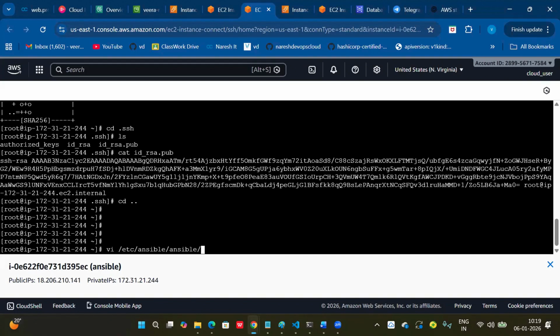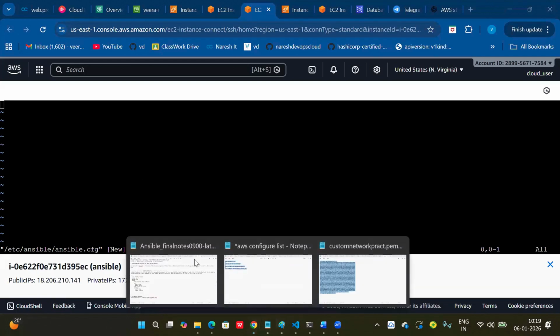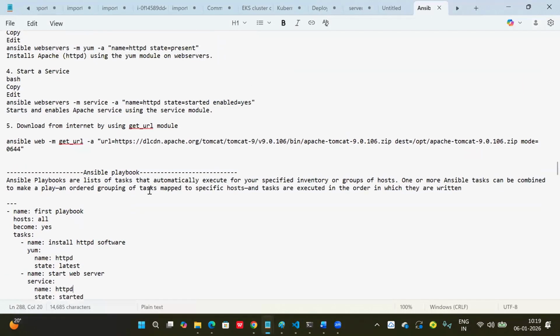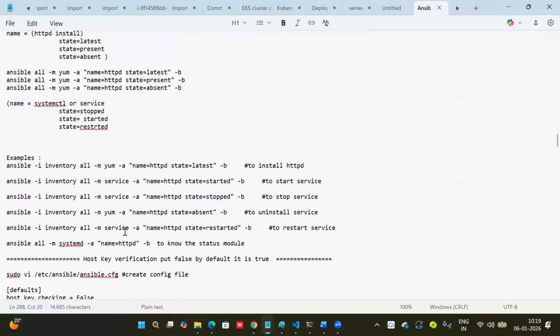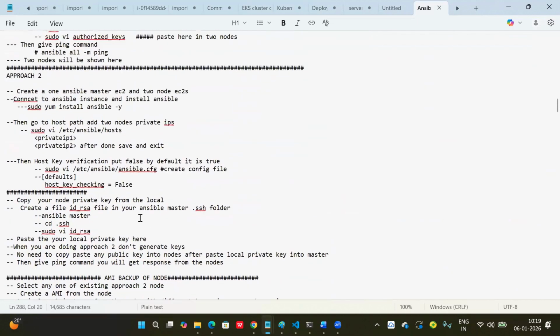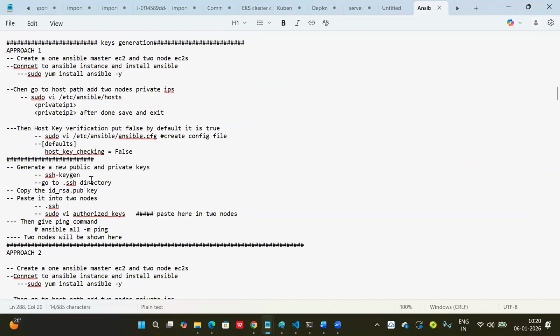etc ansible.cfg inside. So we have to keep the default section, we have tried. So this default section is important, guys. In this default section, we are saying to Ansible, this is your default behavior. In the default configuration section, you can write what activities have to be performed as default activities.